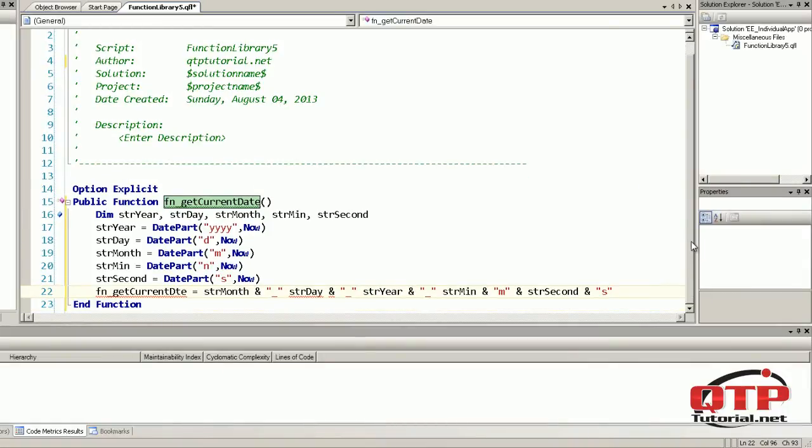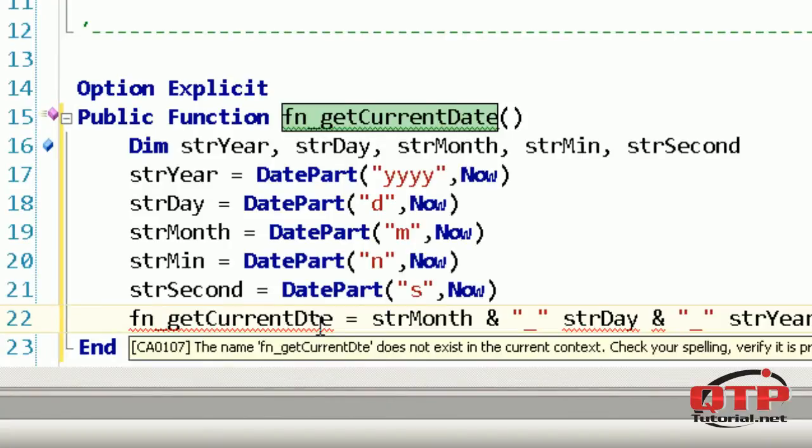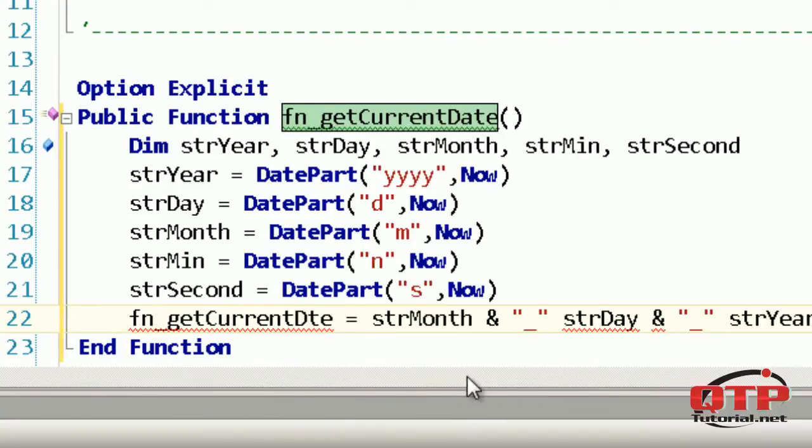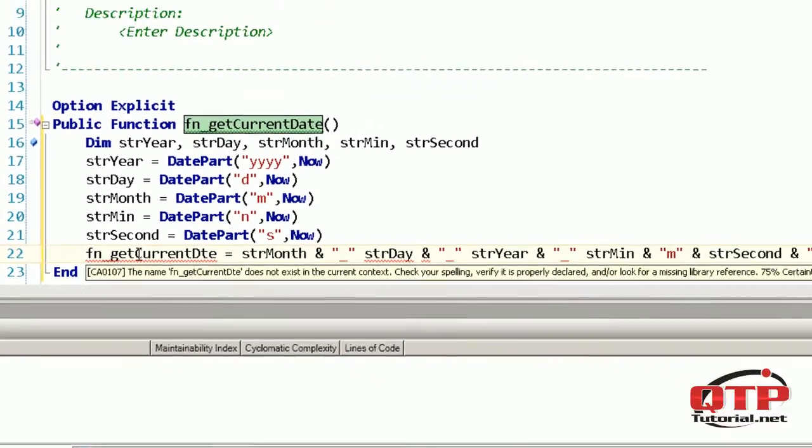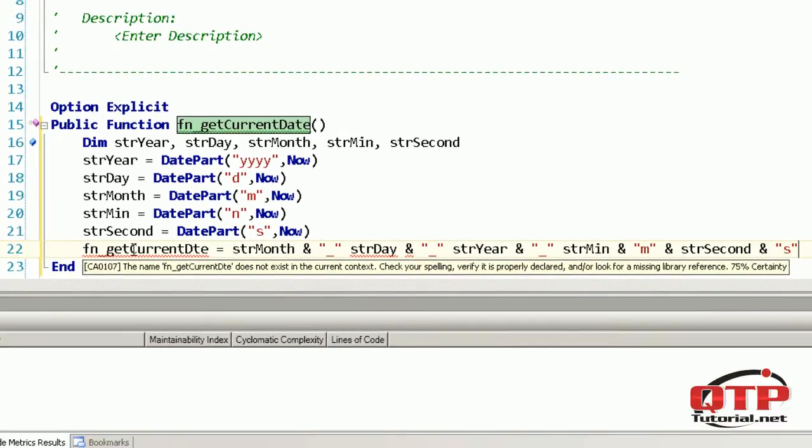So now I have purposely misspelled the function getCurrentDate so that you can see the runtime error handling that Test Design Studio has that QTP would not have. So let's look at this. It got highlighted all in red, and it's showing us that that string does not exist in the current context,